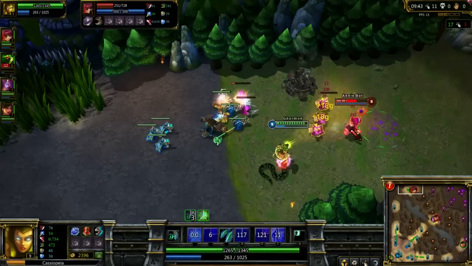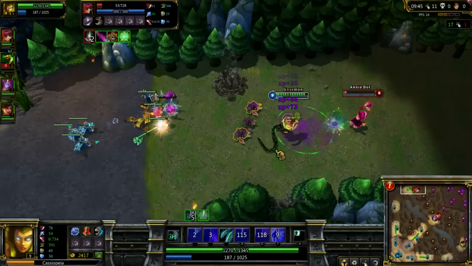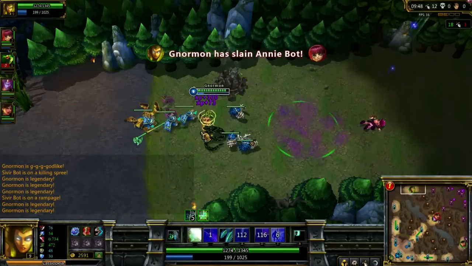Again, we're going to use my ult to stun it, slow Annie that time actually, and there's the kill on her. And now I'm going to B one more time